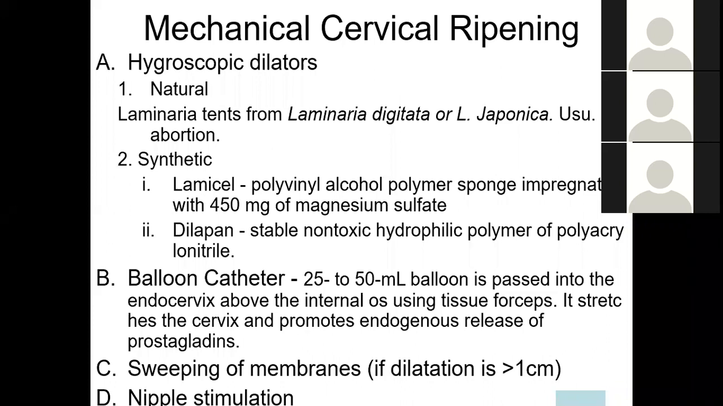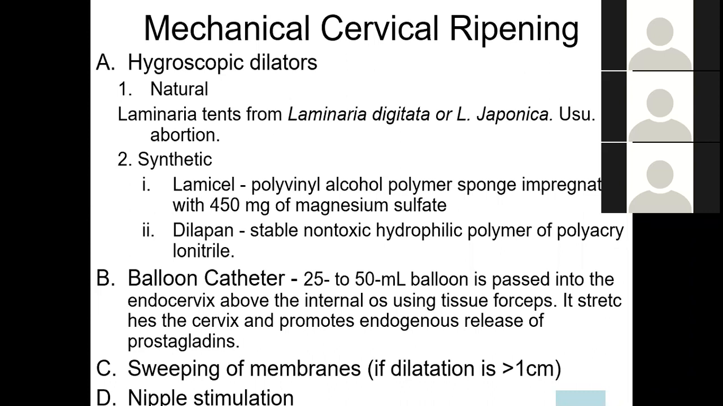We have synthetic ones, the Lamisel and the Dilapan. The Lamisel is an osmotic dilator, which is loaded with magnesium sulfate and compressed into a rod. So it works by extracting fluid from the cervical tissue and softening the cervix. Dilapan,